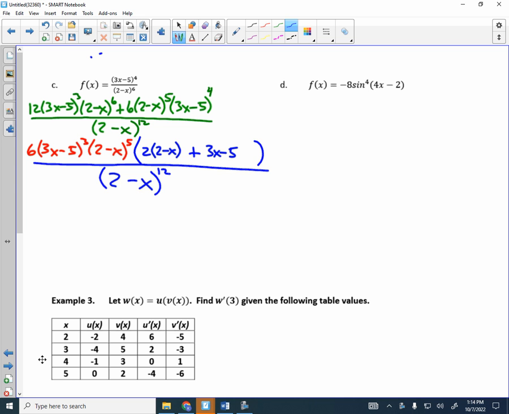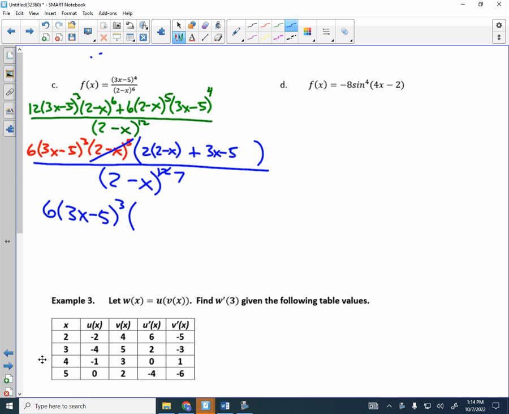Hey, I've got 5 of those things up there. I've got 12 of them down there. So what's going to happen? Those will be gone. I'll reduce this to 7. Good. So that helps. So now I have 6 times 3x minus 5 to the third times,